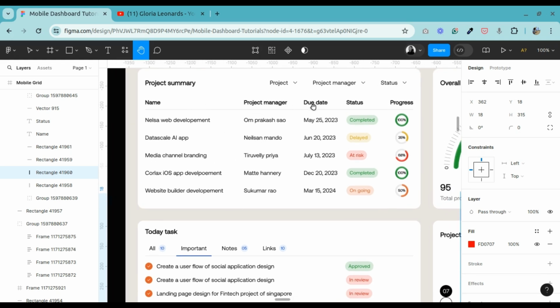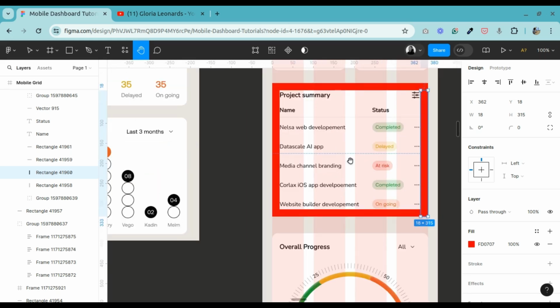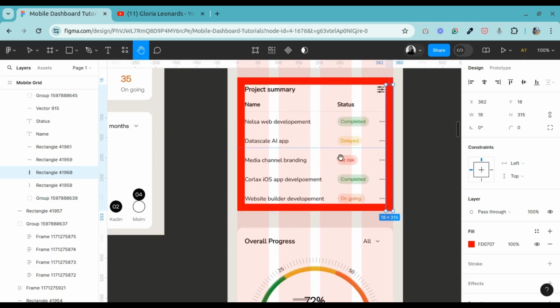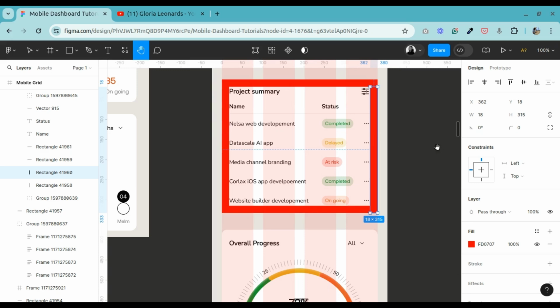The project manager, due date and progress can come in later. Another most important piece of information is also the progress, but I decided to go with the name and the status for the user to see first. So if the user wants to see more about this particular data here, they will have to tap on this